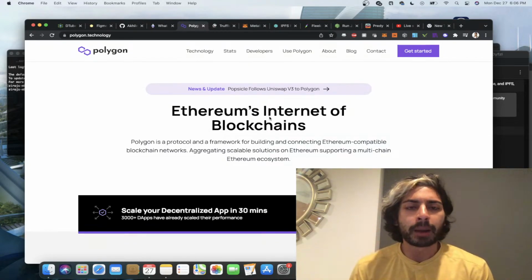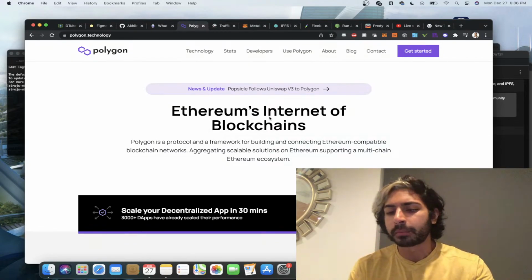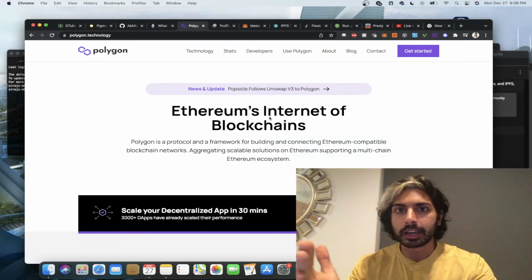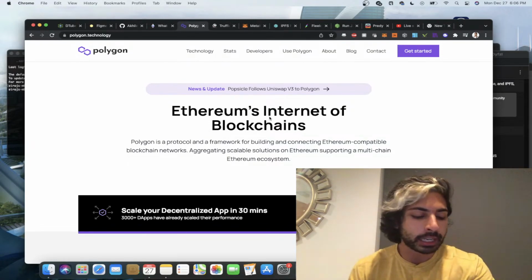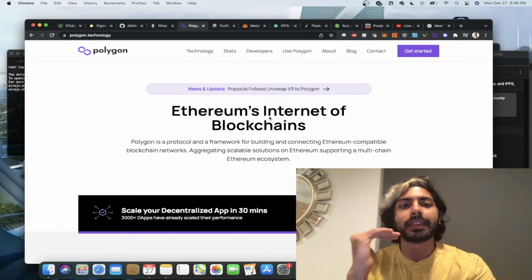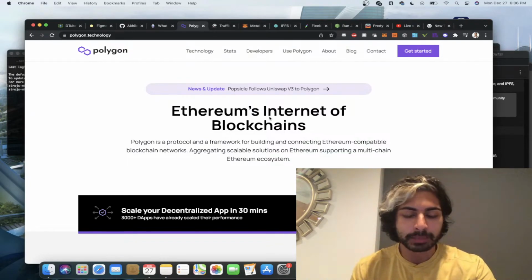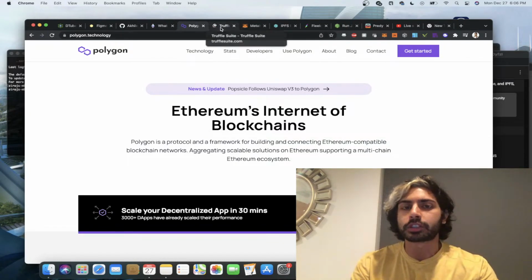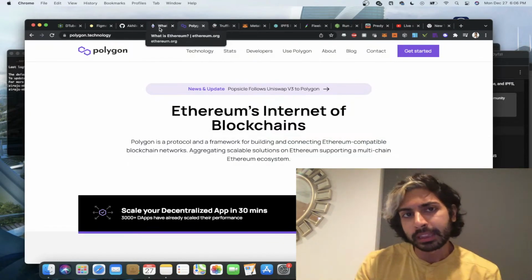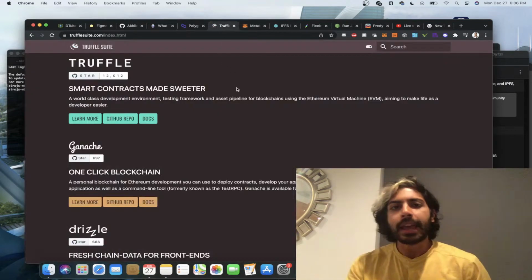And Uniswap, one of the most popular DeFi platforms, just used Polygon for all of its transactions. So they converted to Polygon, and you can see with the price of Polygon, things are absolutely skyrocketing right now in value because it is the way that Ethereum developers can build scalable applications without high gas fees and without slow transactions. So we're going to be using Ethereum, we're going to be using Polygon, and in order to build